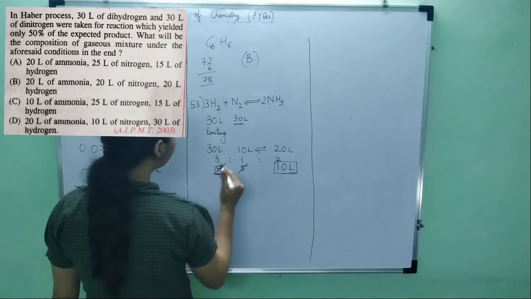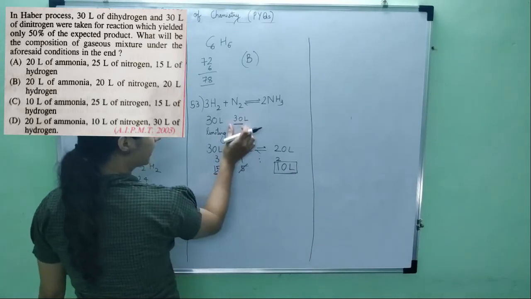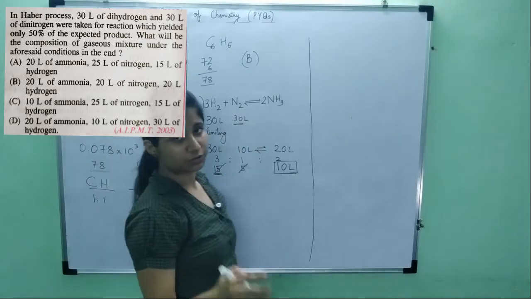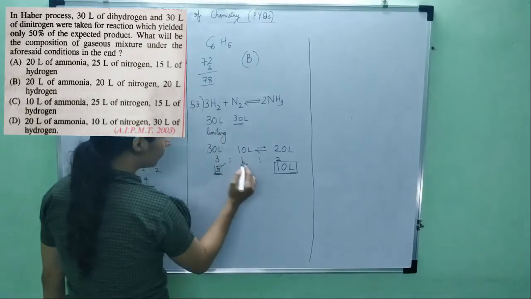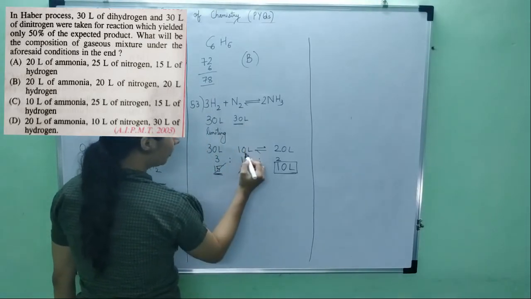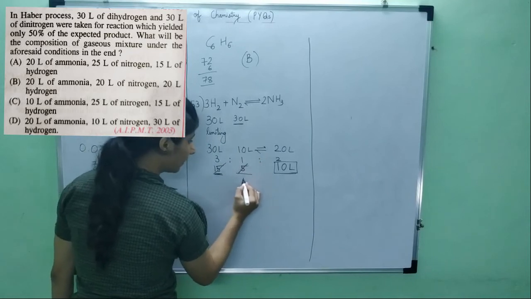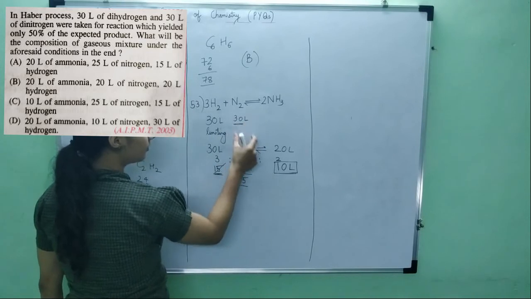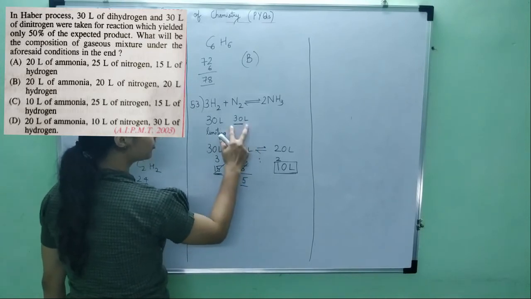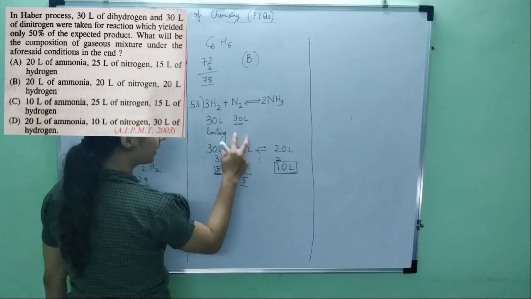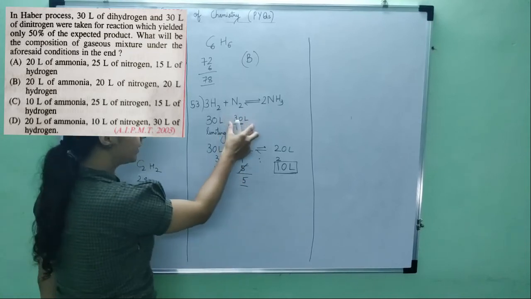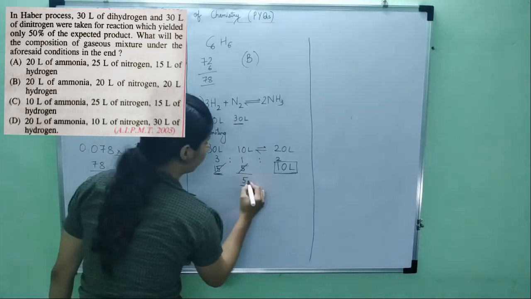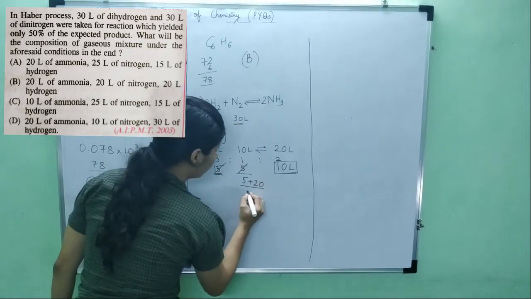So if you see, 30 was not completely reacting, only 10 was actually reacting. Okay. From that also 10 also didn't react, only 5 reacted. So from 10 if only 5 has reacted, what is remaining? 5 from this. Okay. And initially also from where did this 10 come from? From this 30. So from 30 if I take out 10, how much is remaining? 20. So 20 is remaining from here, and from this if we remove 5, so 5 is also remaining.